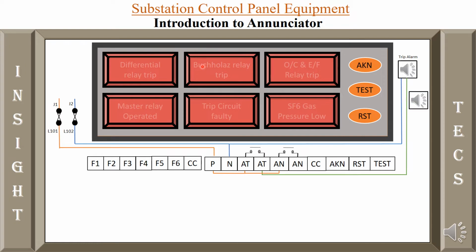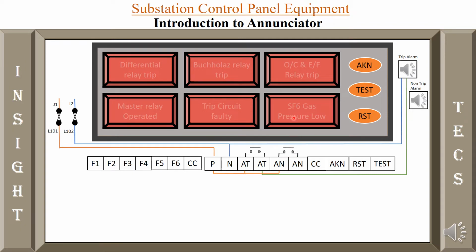Now the second contact is a non-trip contact. Non-trip contact means, suppose this indication is that SF6 pressure is low. There is no tripping of the line or the equipment, and no relay tripping, but this is a simple indication that the gas pressure is low on the equipment. For that we have another type of hooter, that is the non-trip alarm. So this is the non-trip contact. Whenever there is any indication like this, where tripping is not there, but we are using it as one window of the annunciator, then we can use this contact.